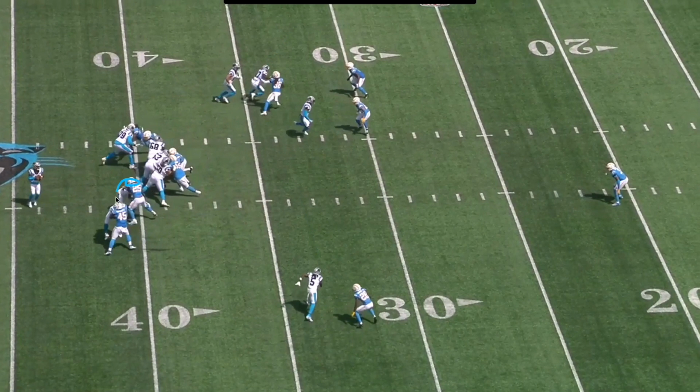So you have Chuba Hubbard right here taking on this block, but Bryce Young out of his